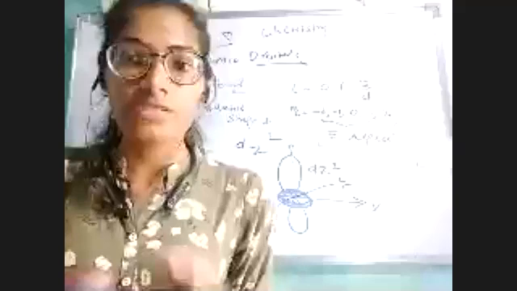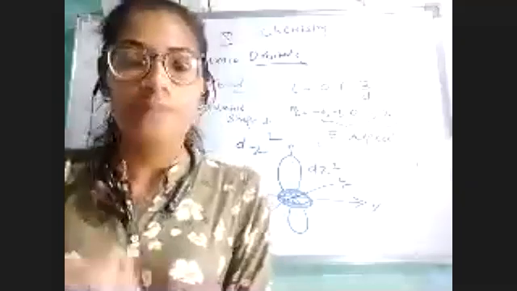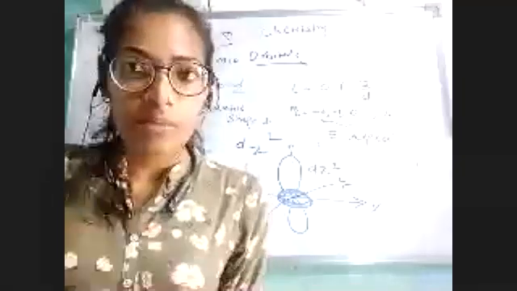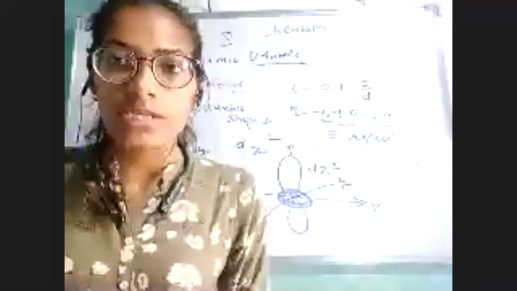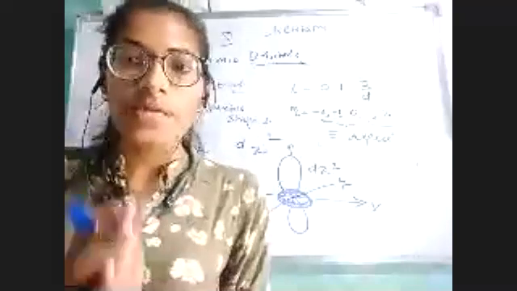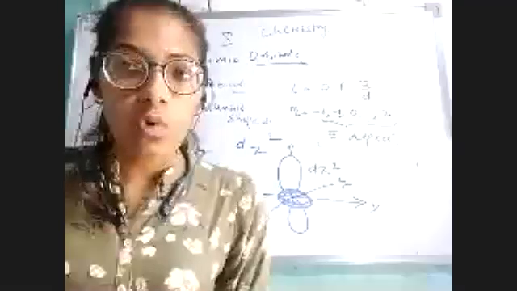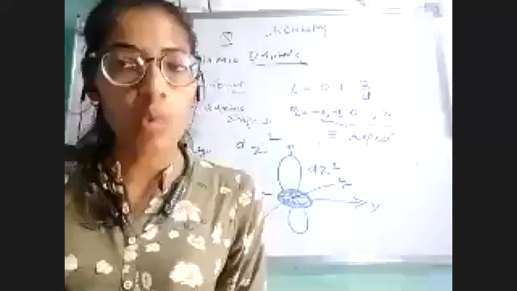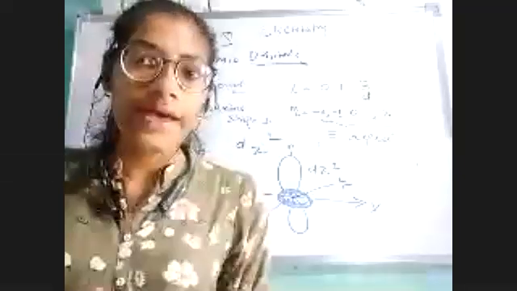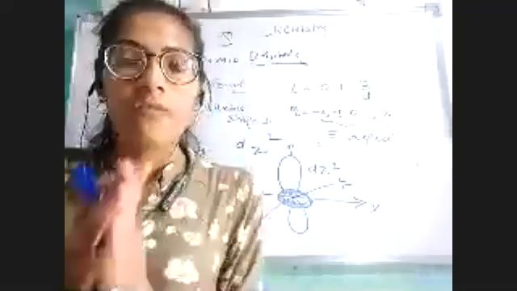Right now, I just wanted to tell you that as we have studied the shapes of atomic orbitals, either I was talking about the s orbital, the p orbital, or the d orbital. In each case, I have described that the s orbital is spherical in nature as well as symmetrical in nature. The second point I have told you is that in our s orbital, the size kept on increasing with the increasing quantum number. And third point, we have studied that there is a node or nodal surface